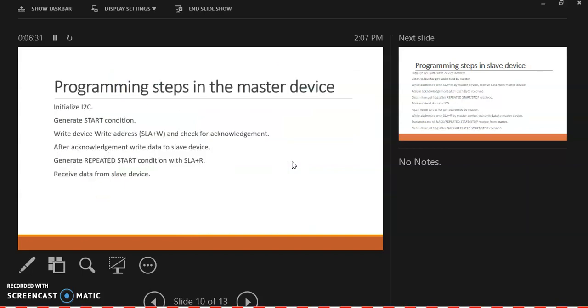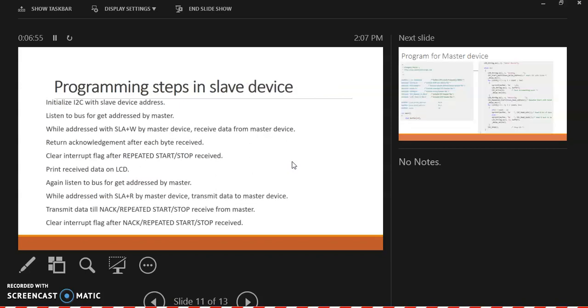The programming steps in the master device are as we have already discussed above. We initialize I2C, generate a start condition, write the address and check for acknowledgement. After acknowledgement, we write data to the slave device, generate a repeated start condition with SLA+R, and receive data from the slave device.